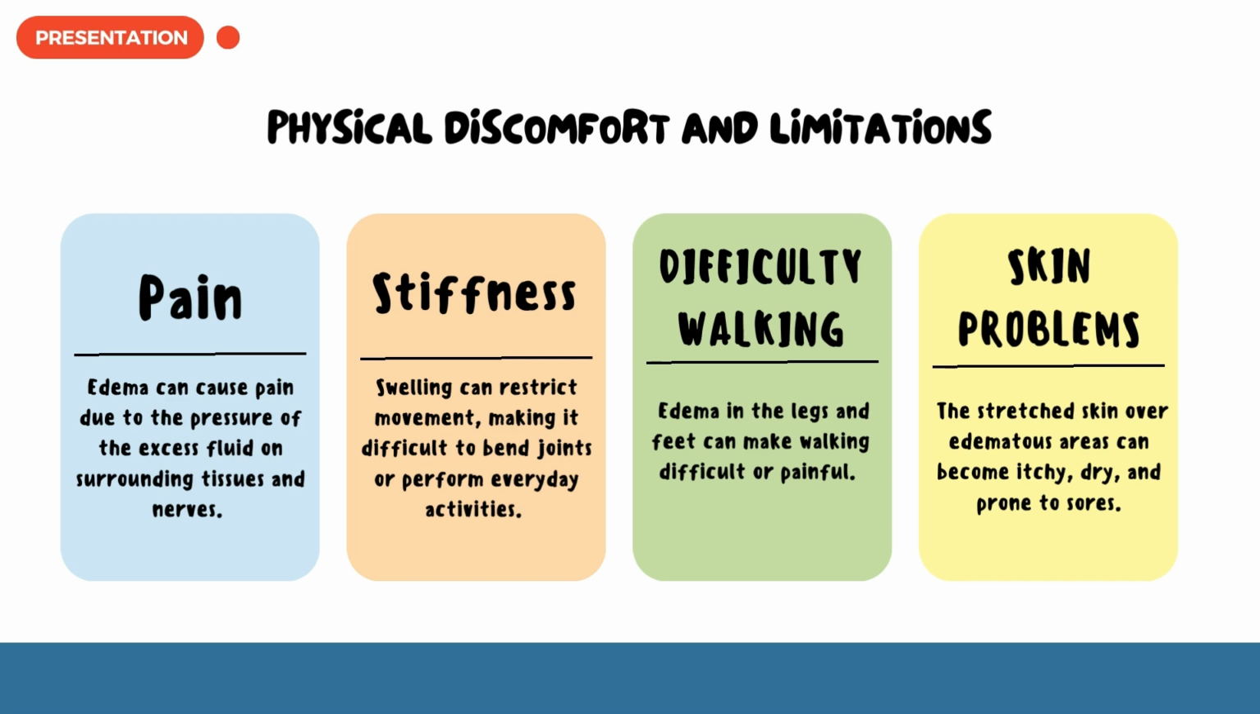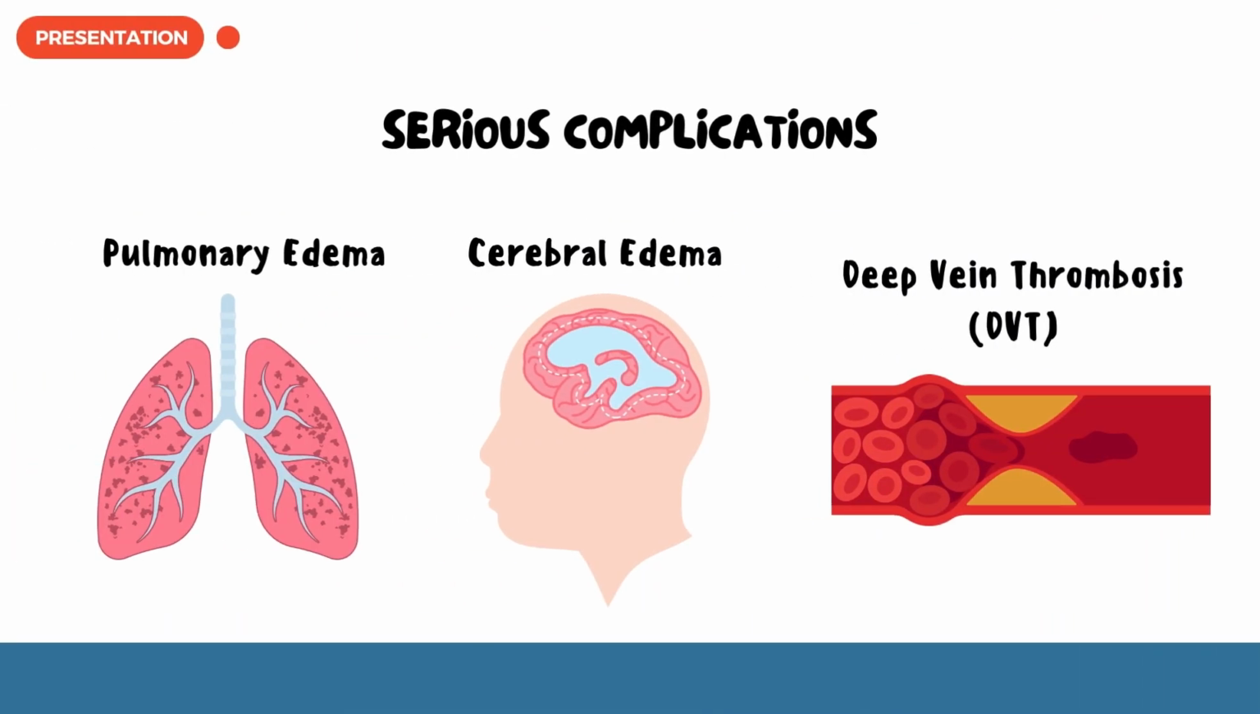If not addressed, it can worsen over time and lead to serious complications like pulmonary edema, cerebral edema, and deep vein thrombosis, or DVT. Pulmonary edema can build up fluid in the lungs, and can cause shortness of breath, chest pain, and even respiratory failure. Cerebral edema, a buildup of fluid in the brain, can lead to neurological problems, including confusion, seizures, coma,